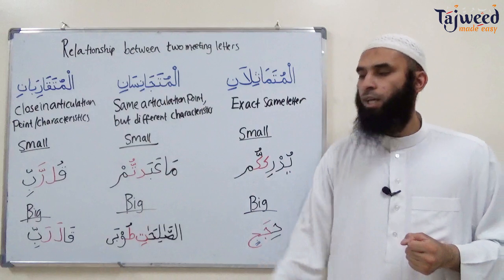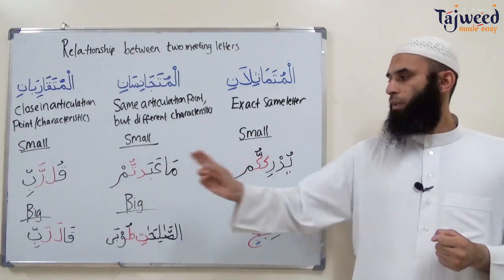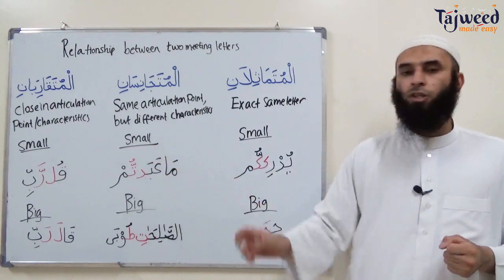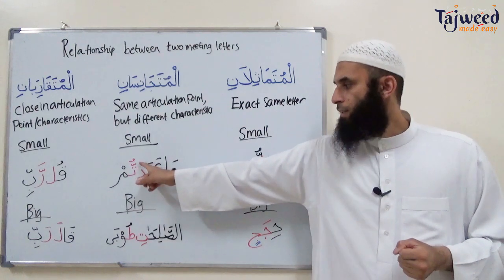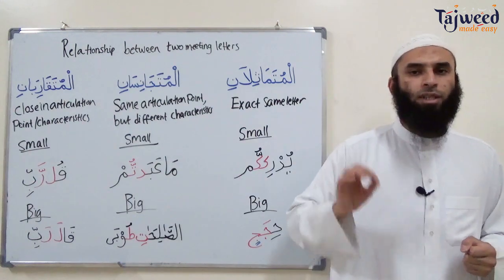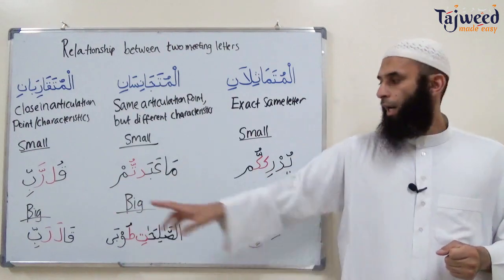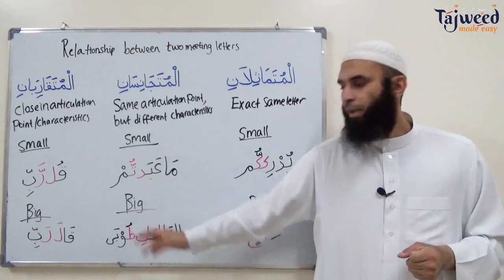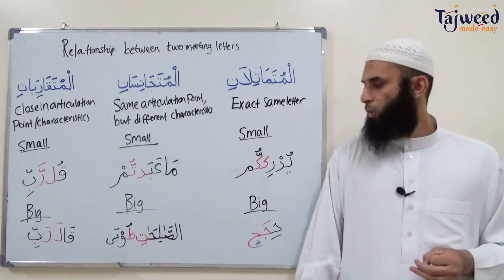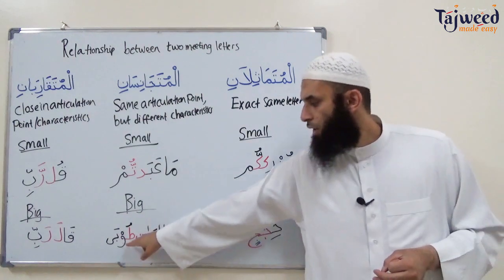Then al-mutajanisan, similar thing. So the two letters which are next to each other, as-saghir just means the first of the two letters has a sukoon, meaning no fatha, kasra, dhamma, a non-vowel letter. And the second one has a vowel, fatha, kasra, dhamma. How do you pronounce a word like this? And the big one, al-kabir, just means the two letters which are next to each other, both of them have